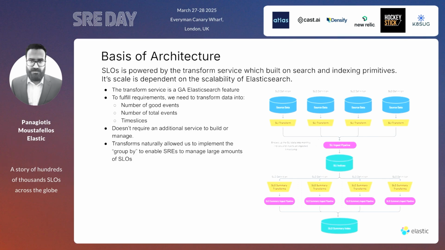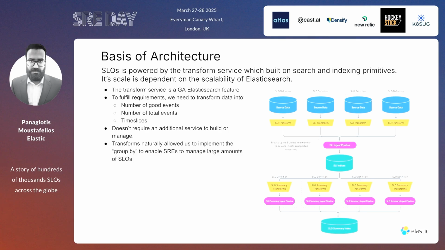Using Elasticsearch also helps us build trivially a group-by feature where instances of applications can be partitioned by a specific field. So if we have, let's say, tens of thousands of Elasticsearch instances belonging to different customers, we can group SLOs by, let's say, customer ID, and are able to track individual SLOs and analyze SLO adherence on a per customer basis, which is what we were after.